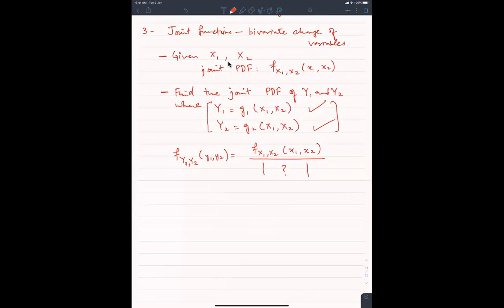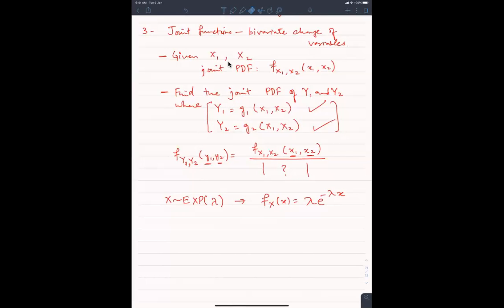ठीक है, लेकिन सबसे पहले तो एक और प्रॉब्लम है। प्रॉब्लम ये है कि यहाँ पर the variables are small y1 and small y2, लेकिन यहाँ पर आपके पास आंसर x1 और x2 की शक्ल में आ रहा है। ऐसे थोड़ी होता है। ऐसे हम थोड़ी लिख सकते हैं कि X is exponential lambda, तो f_X(x) = λe^(-λy), ऐसे नहीं लिख सकते। अगर यहाँ y लिखा है तो यहाँ पर भी y होना चाहिए। अगर यहाँ a लिखा है तो यहाँ पर भी a होना चाहिए। अगर यहाँ x लिखा है तो यहाँ पर भी x होना चाहिए।